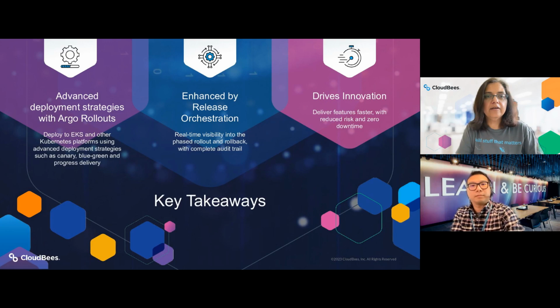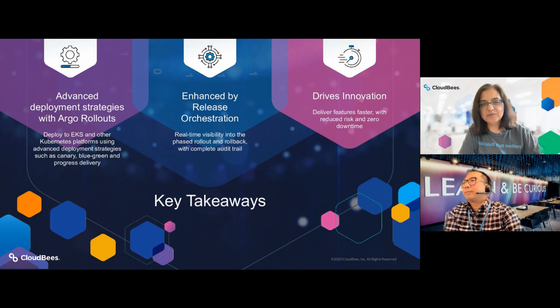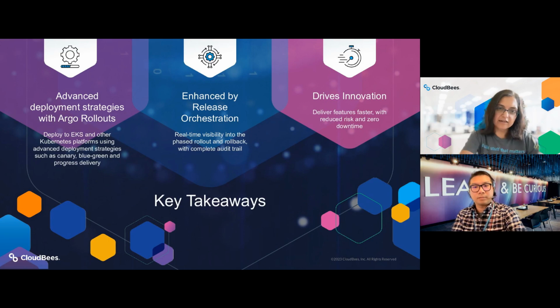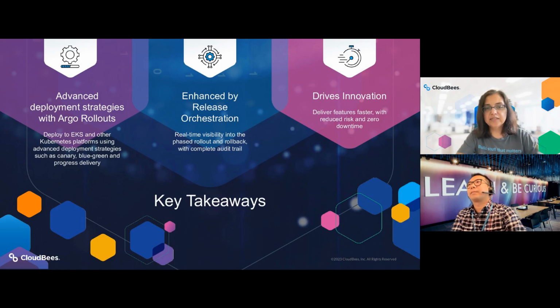Okay, so in terms of the key takeaway, I hope the session was useful for folks. As we showed, with Argo Rollouts coupled with CDRO, you can seamlessly deploy to Kubernetes platforms like Amazon EKS, using the advanced deployment strategies that are natively available with Argo Rollouts but not supported with Kubernetes. And with the release orchestration layer coming from CDRO, you have end-to-end visibility into this rollout, as well as visibility into your entire software delivery pipeline